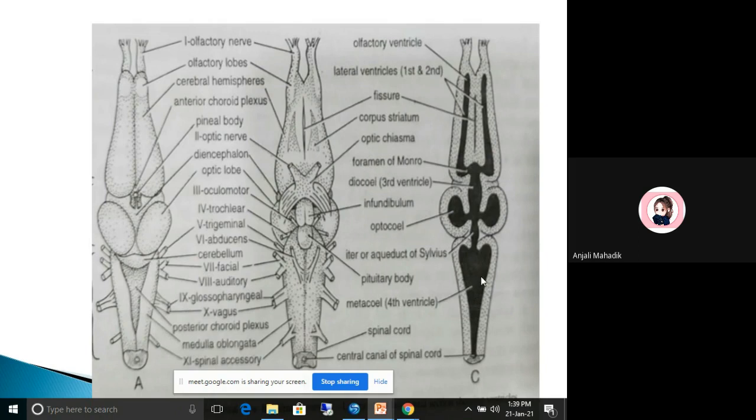So in this brain, the only development is in the cerebral hemisphere. It is highly well developed than in the fish. Only development is the cerebral hemisphere. So these are the